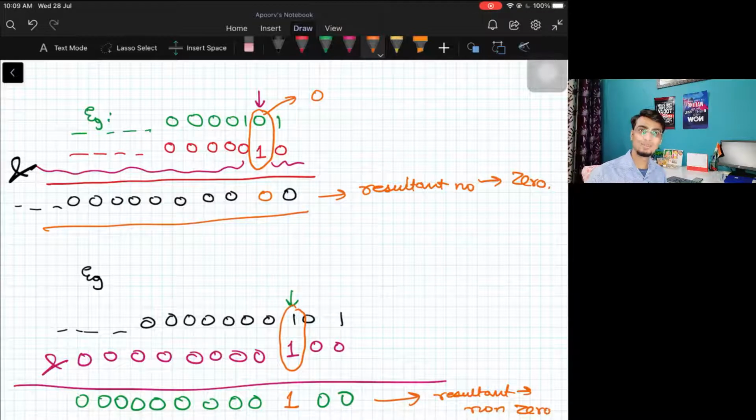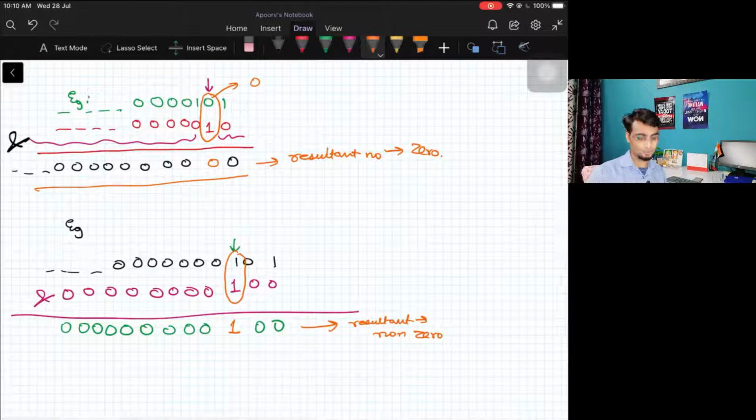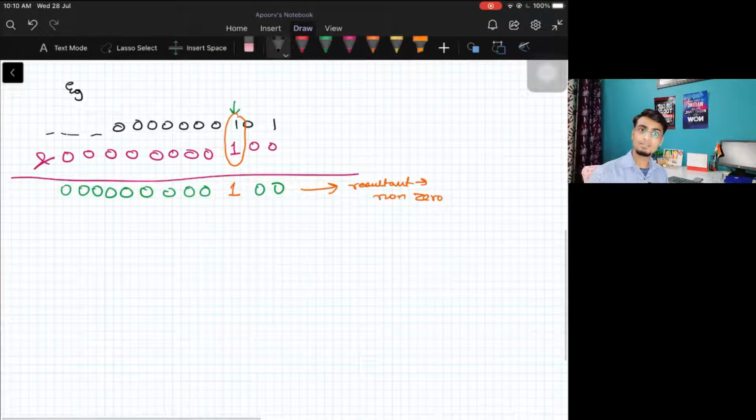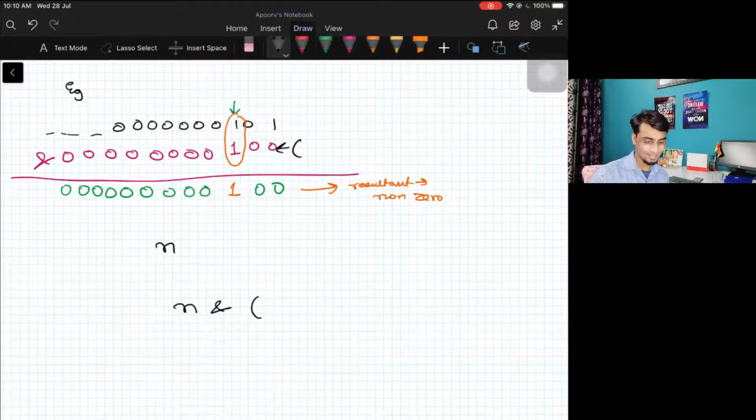Resultant is a non-zero number. So there would be only two cases. Either you get a 0 when the bit you want to check is 0, or you get a non-zero number if the bit is 1, right? Okay, so let's formulate our approach. Basically, we were doing an AND operation. Let's say the number given to us is n. And let's call the number we got from placing the 1 below the bit we want to check, with all the rest zeros, our made number.